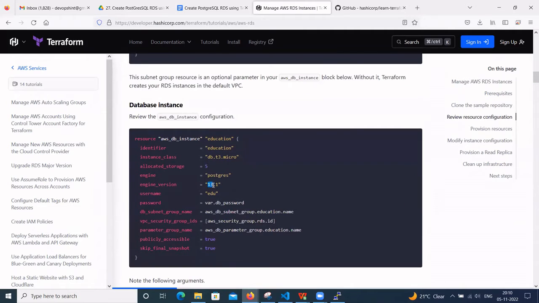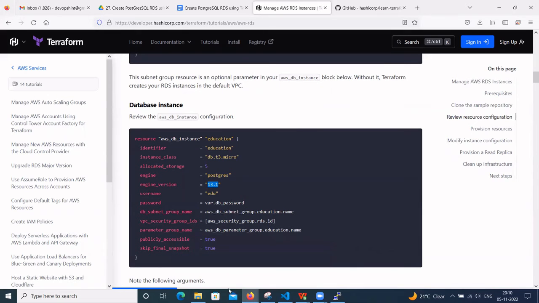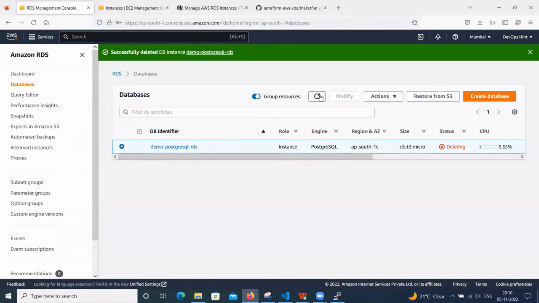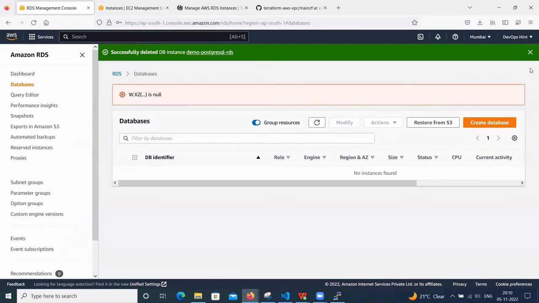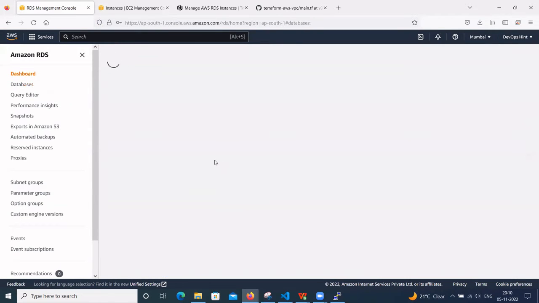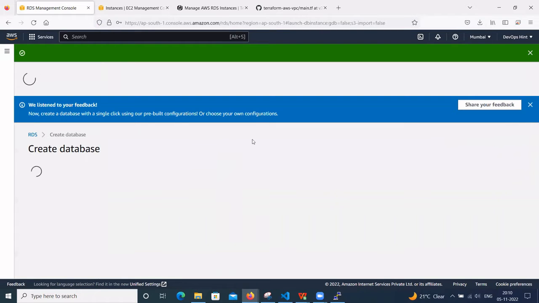They have given this 13.1. This is not supported. We have to give the latest version. So here, if you select what DB version PostgreSQL supports, if you go here and click on create database